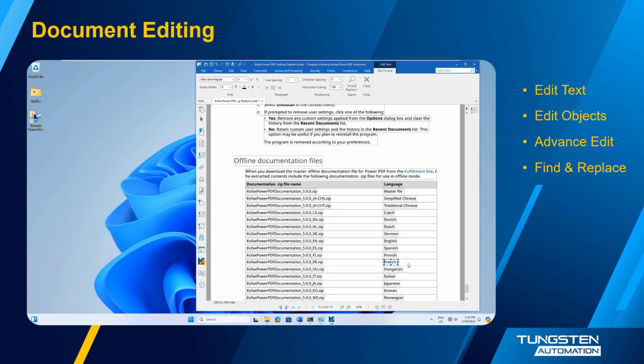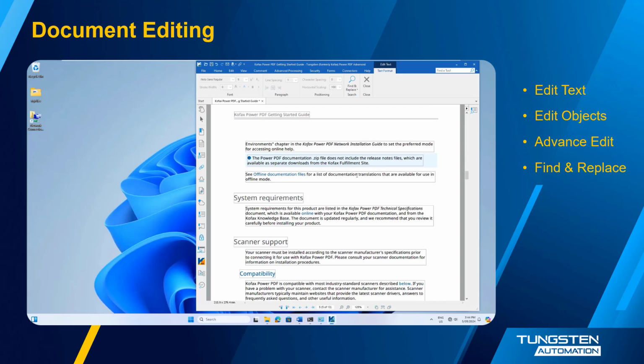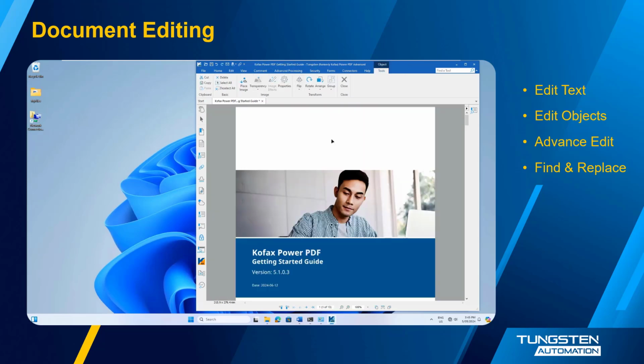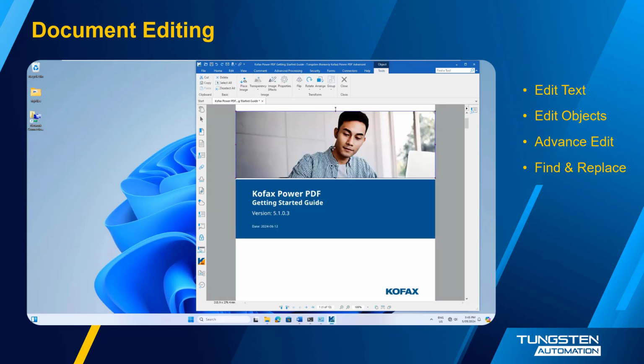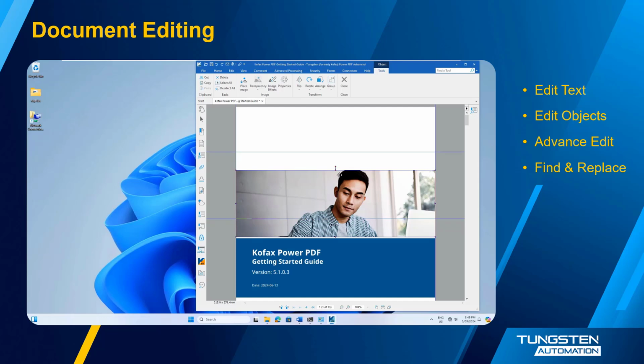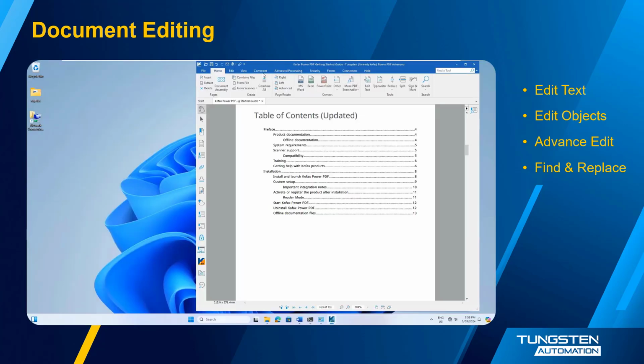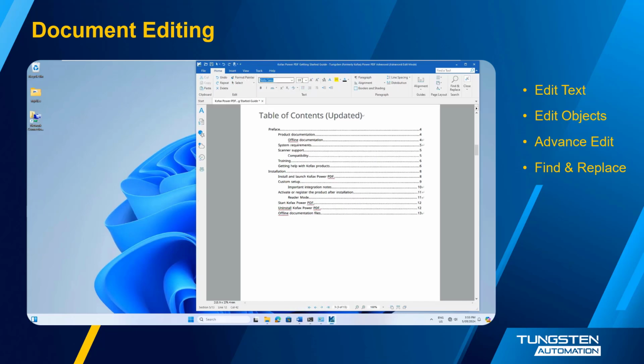PowerPDF also has access to all fonts stored in your Windows font library, giving you complete flexibility. Beyond text, objects such as images, logos, and tables can also be edited and adjusted. When you move an object, grid lines automatically appear to assist with precise placement and alignment, making the process smooth and intuitive. With Advanced Edit, users can make extensive changes to a PDF while still maintaining the integrity and original page